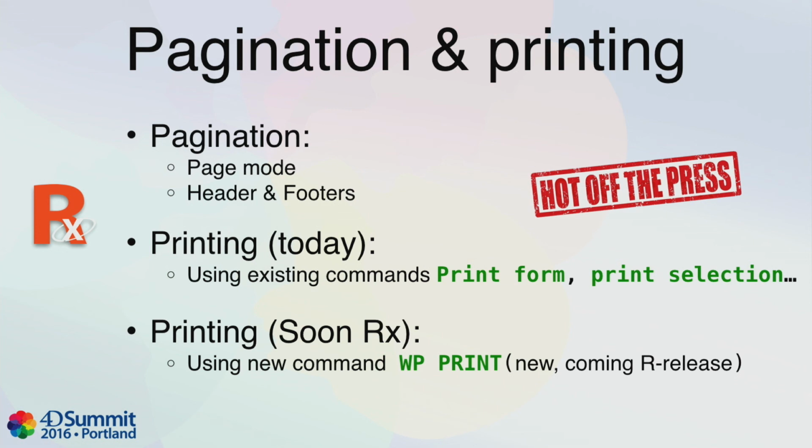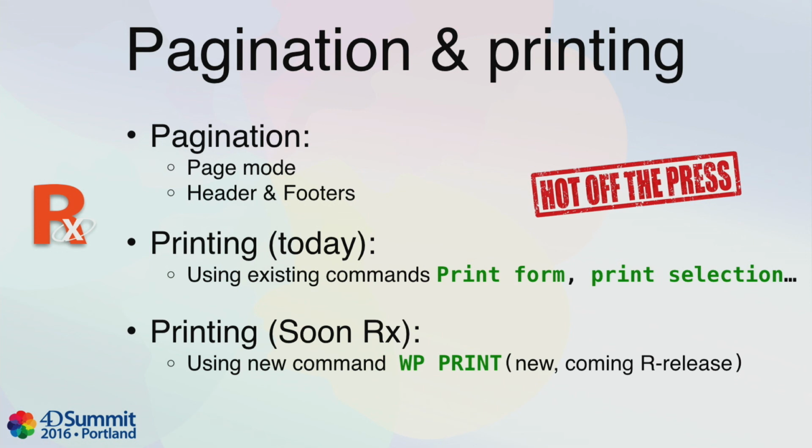So what can we do today for printing? Today, you can print your 4D Write Pro documents using the existing commands, which are print form, print selection, and print records. We have these commands in order to take account of the content of the whole document. And soon, in the next R release, there will be a brand new command,